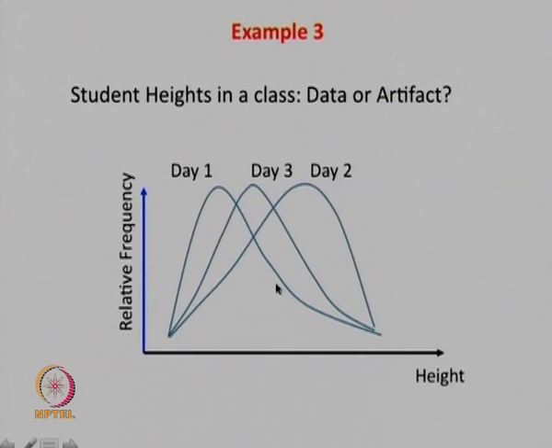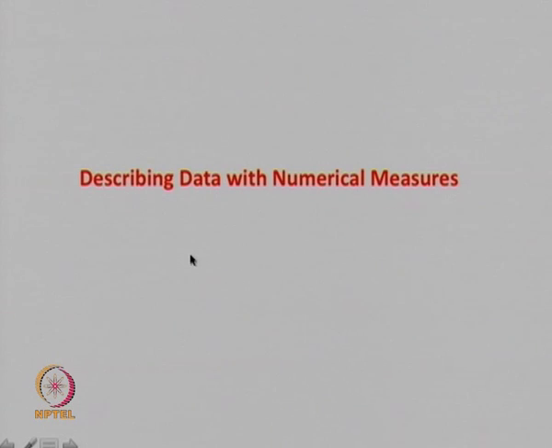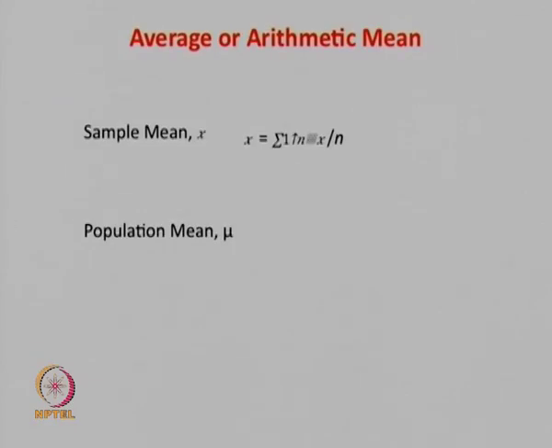So, this begs the question: how can I capture this data? How do I go about trying to capture this data? And that brings us to the next topic, how can I come up with numerical measures to describe data. Perhaps the most popular one, the widest used one, is the arithmetic mean, which most likely all of you have heard. So, average or arithmetic mean, the way it is defined is, let us say I have a set of variables